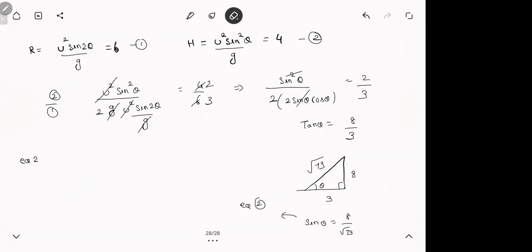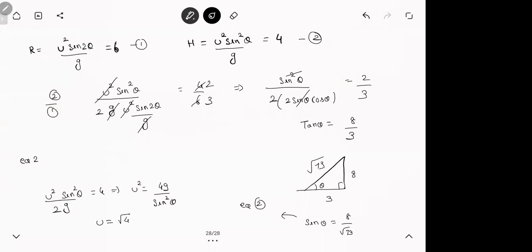Let's do one thing here. So U square sine square theta by 2g is 4. So you get U square is 8g by sine square theta. Again, number looks bad, but 2g, that is 8. I wrote it right in the next equation, but I forgot 2 there. That will be root 80g by sine theta. That's 8 by root 73. There, that's your speed.